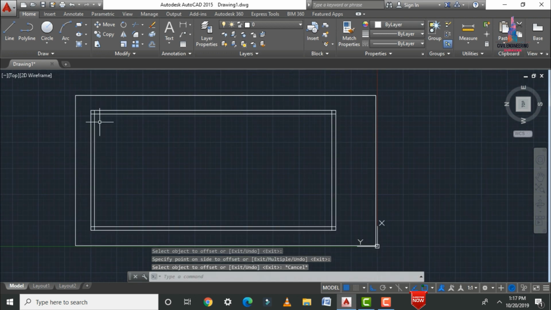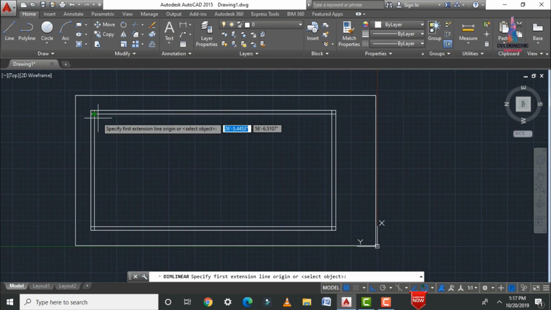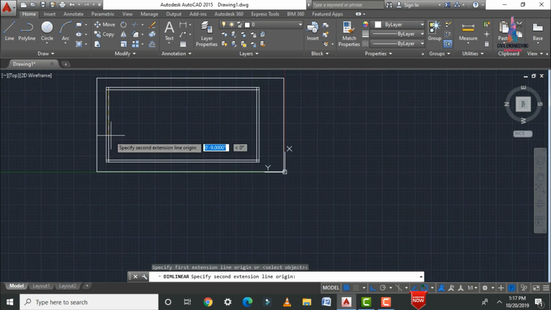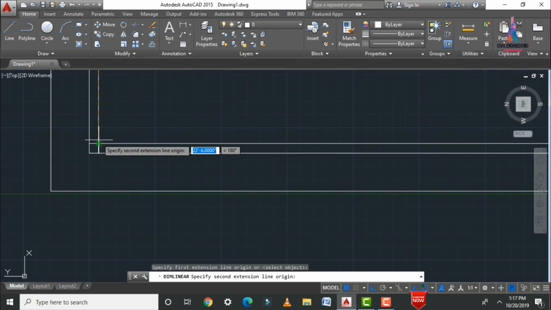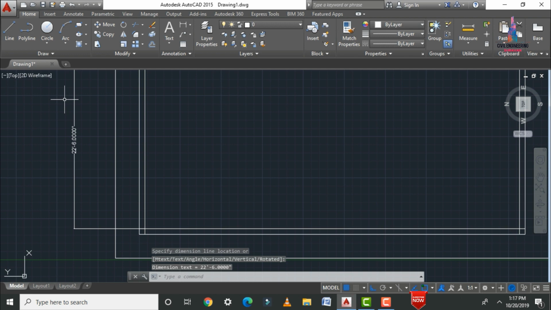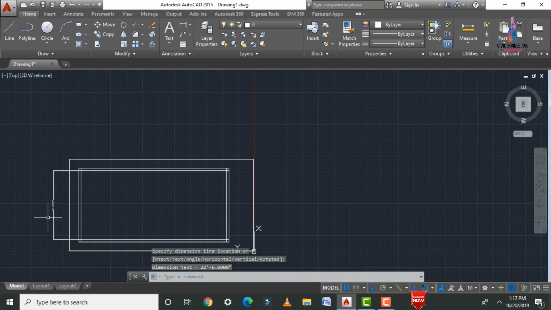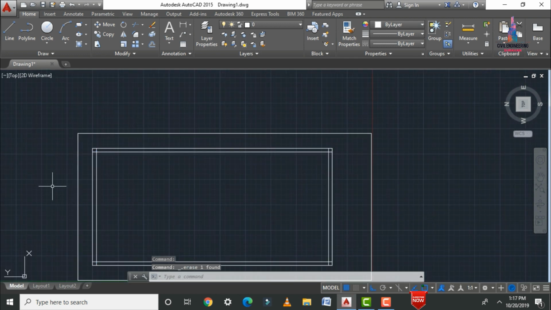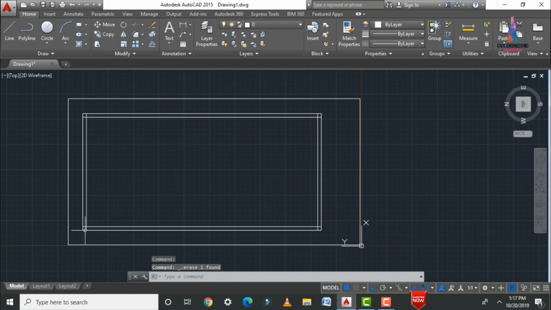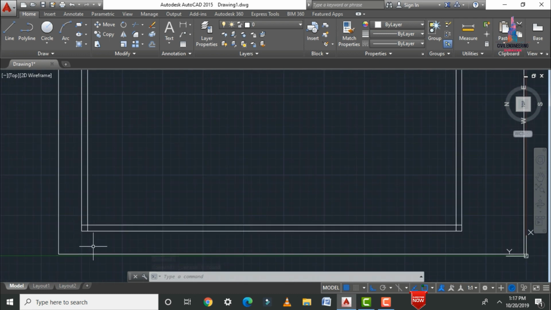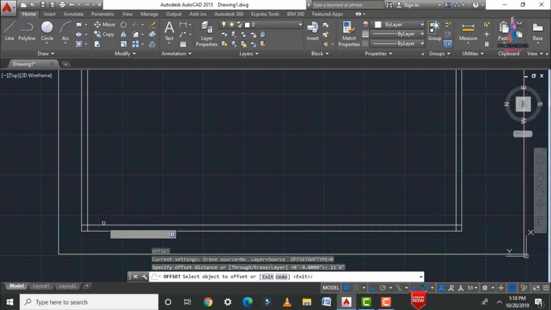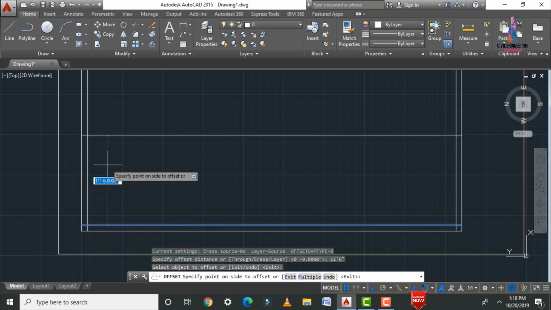After that, initially we need to measure the distance, inner to inner distance between the lines, like this. It comes to a value of, let us consider, 22 feet 6 inches. So here I am drawing the first bedroom. This is my first bedroom, on the left of this corner. Here I am taking the offset, let us consider it as 11 feet 6 inches. I am considering the distance here. Select the starting point, and again we have to draw the line here.